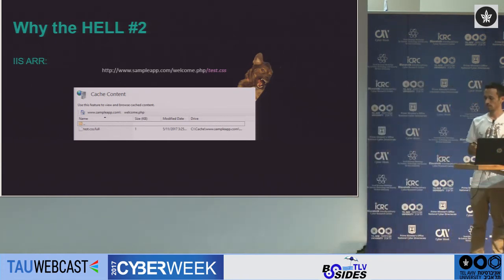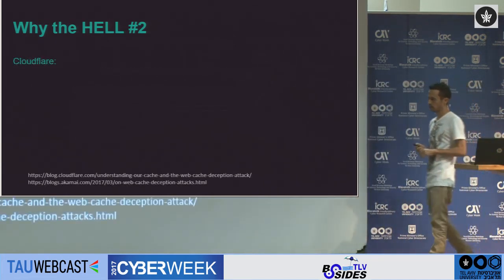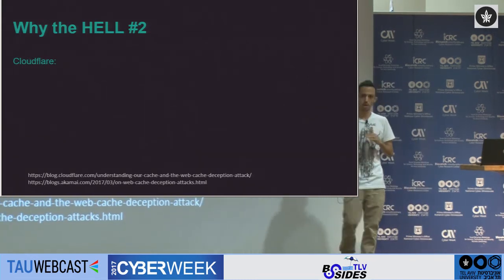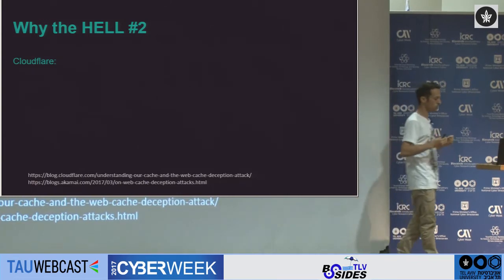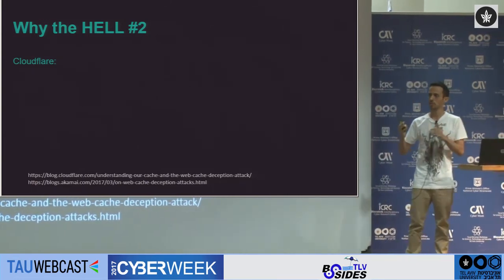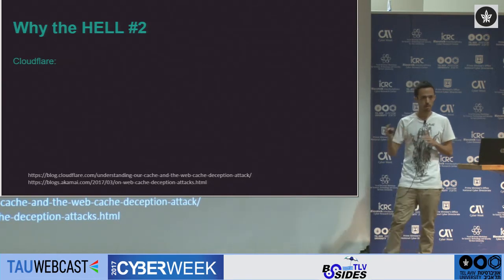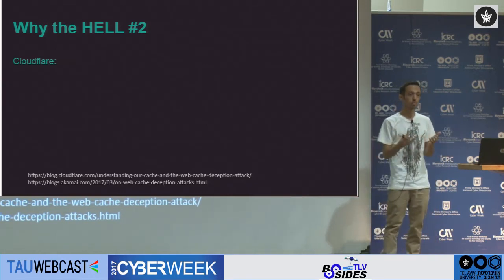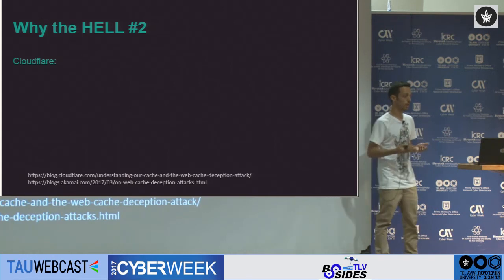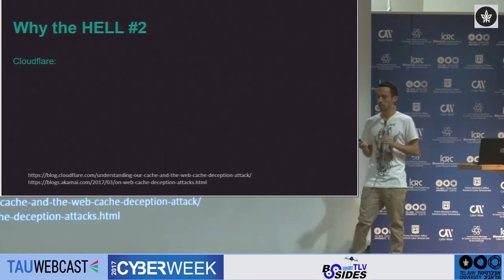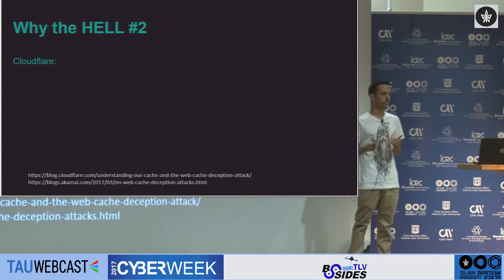Okay, so let's see another example. Let's talk about a CDN, and specifically Cloudflare. I must say a good word about both Cloudflare and Akamai, because they both can meet the web cache deception conditions. But after I posted my blog a few months ago, they both released their own blogs explaining this vulnerability and also advising how to prevent it. So let's say that we use the Cloudflare services for caching.